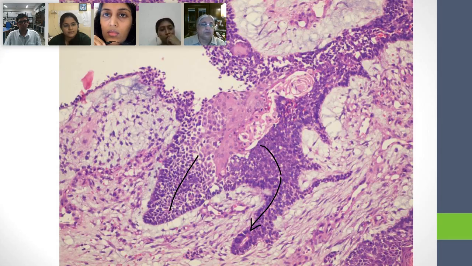Anybody wants to disagree, Neelam? Agree, disagree, whatever. Ma'am, I disagree because I don't think this is the normal epithelium at all. All the cells are part of the tumor. So is there dysplasia? Then tell her. All these are tumor cells according to me. So I don't think the tumor cells can be dysplastic or not?